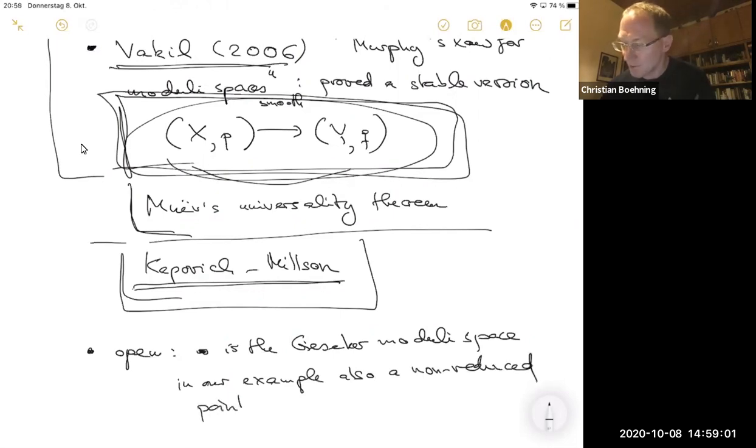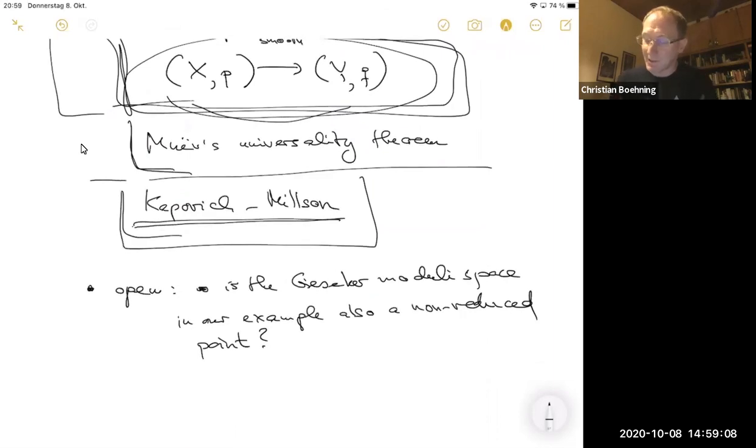So we know that the Kuranishi space is a non-reduced point, so we cannot really guarantee that this group of deck transformations G is the entire automorphism group of our surface. Could be larger. But there are conditions that guarantee that, but they are not satisfied in our example. They are only sufficient conditions. So maybe we can prove it at some point. But yeah, that's the open question. Yeah, so let me stop here. Thank you very much.